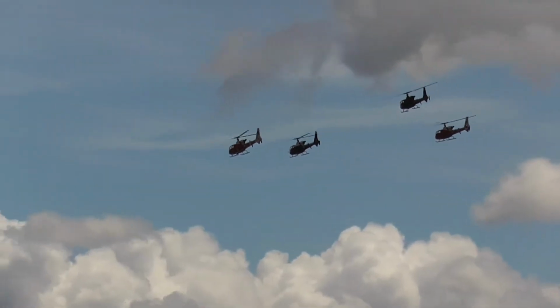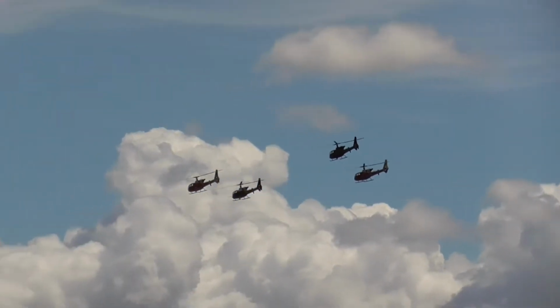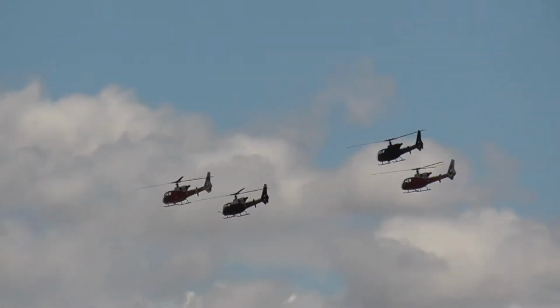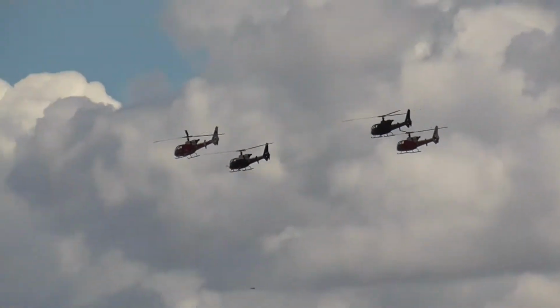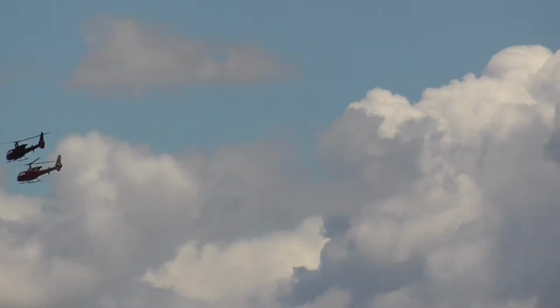Just shy of 1,800 of these machines were produced in total, 292 by Westland themselves. A dual controlled five-seater utility and training machine, also used by the Army and the RAF. Several variants of the Gazelle went into service over the years, but